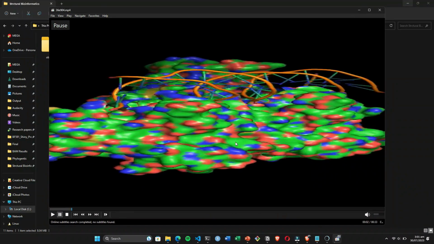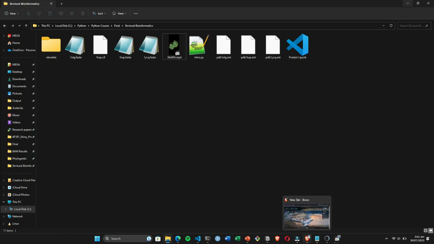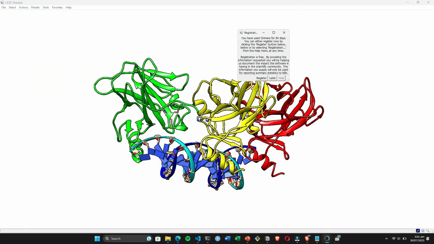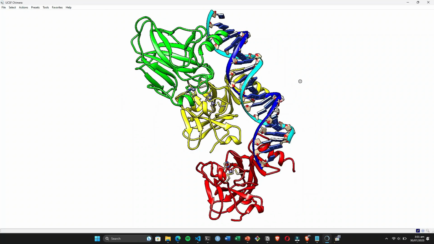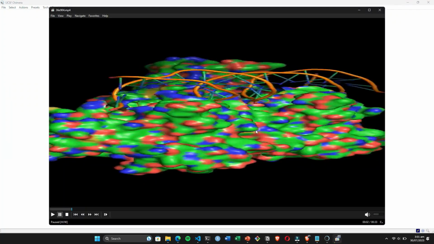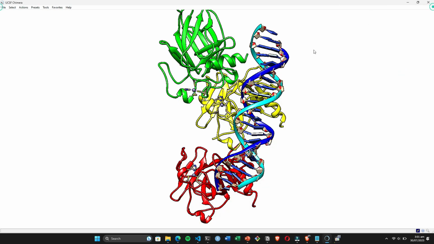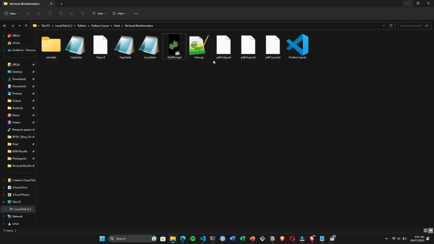So what type of protein is this? I just recently showed you a protein that has a DNA attached to it, just like this. Here is the hydrophobicity surface of your protein, and the DNA, which is a ligand, is now being attached to it. So if I just close this and open this structure again,